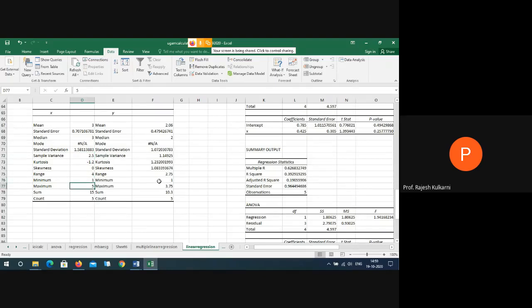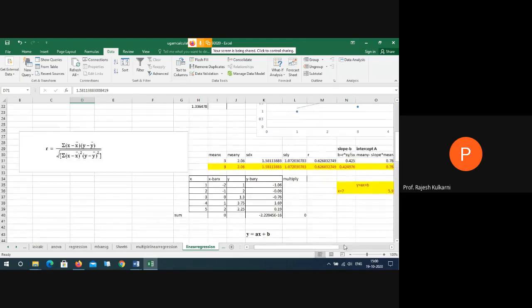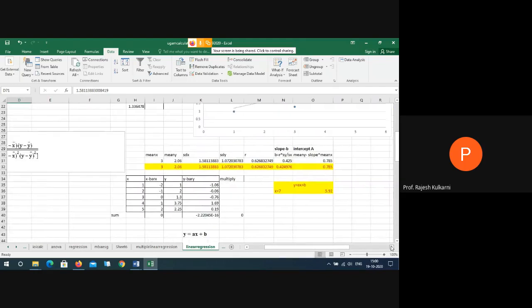Minimum value is 1 for Y and 3.75 for max. This is the standard deviation it has calculated. Am I right? 1.5 and 1.07. Let us check what was our calculation. 1.5 and 1.07. See here, standard deviation of X and standard deviation of Y.